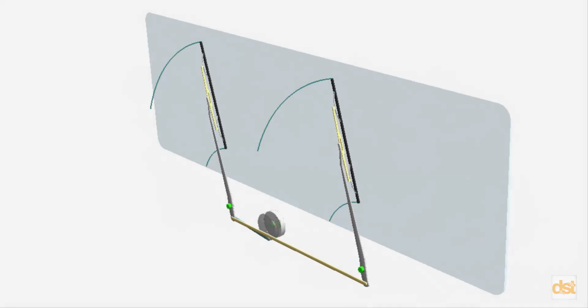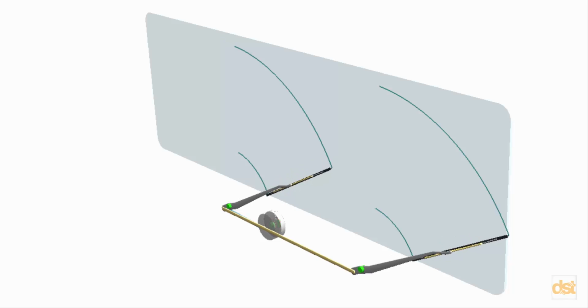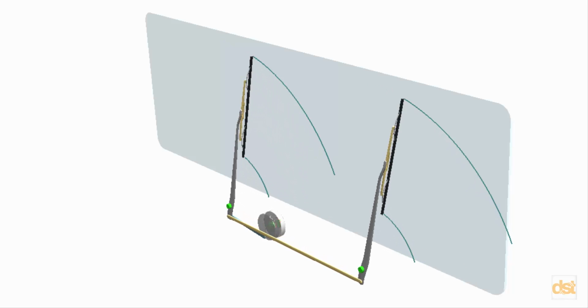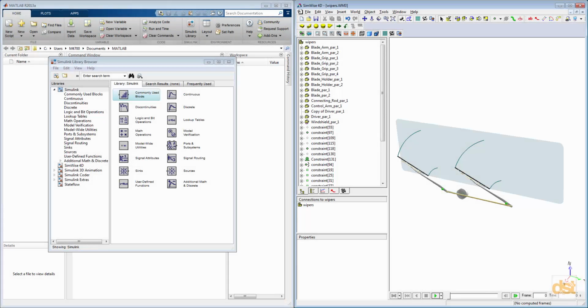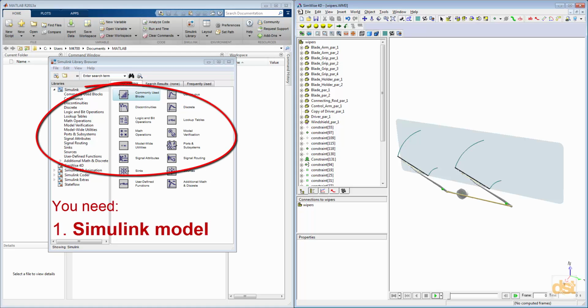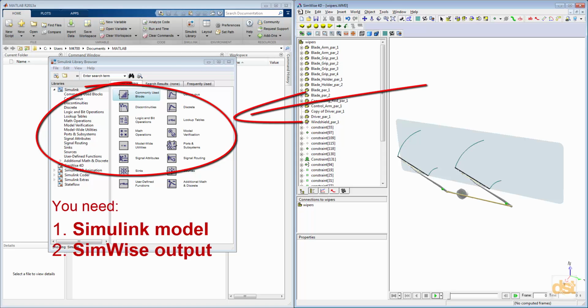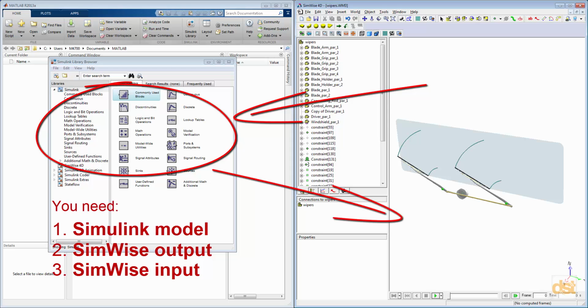This demonstration will show how SimWise and Simulink can be used together to simulate control systems inside of a SimWise model. There are three main elements needed in order for these two programs to communicate. The first is that there needs to be a Simulink model, or a block layout of the control system. Second, there needs to be some sort of a signal being sent from SimWise back to Simulink for processing. And third, there needs to be a signal that comes from Simulink and is accepted as an input in the